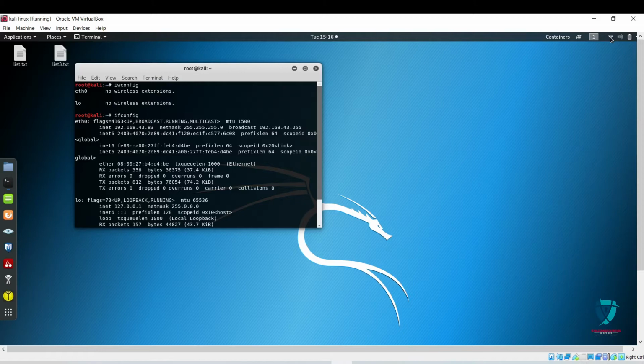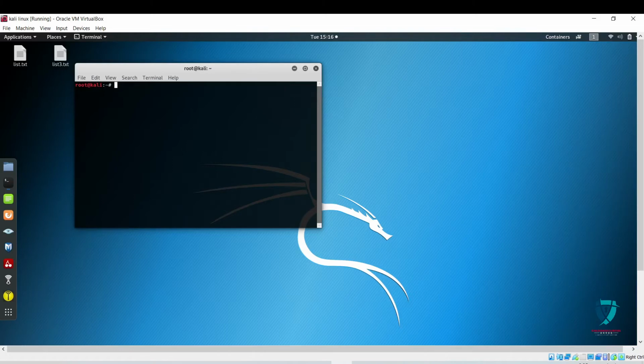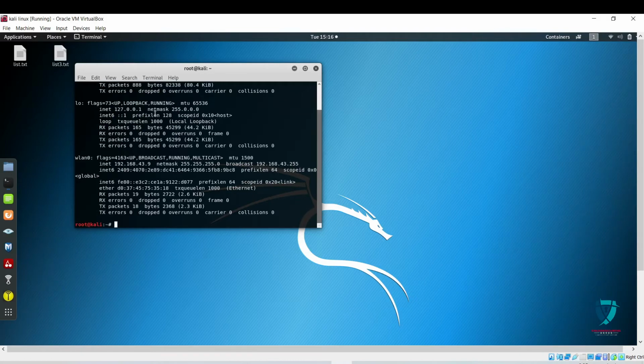This Wi-Fi hacking can be done without connecting to any network. Just for the purpose of showing whether the adapter is enabled or not, I connected to my mobile. Okay, if I enter ifconfig, we can see here wlan0.